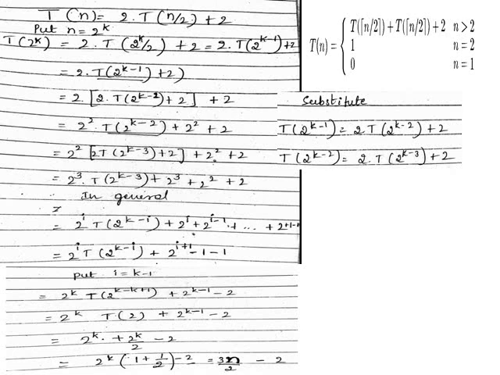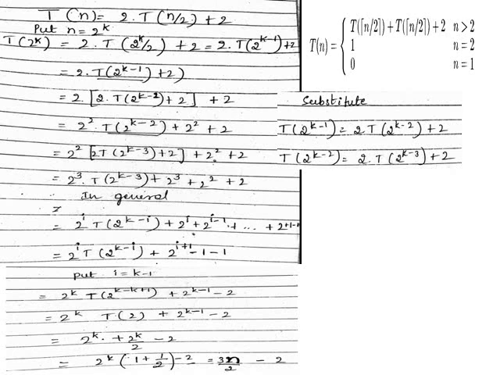Apply this. So when we substitute this, here we can notice 2 into 2, 2 square, T of 2 to the power of k minus 2, plus 2 square plus 2. Then again apply this for the T of 2 to the power of k minus 2. So here 2 square into 2, 2 cube, T of 2 to the power of k minus 3, then plus 2 cube plus 2 square plus 2 from the previous values. If we keep on continuing this calculation, we can write it in general for i.